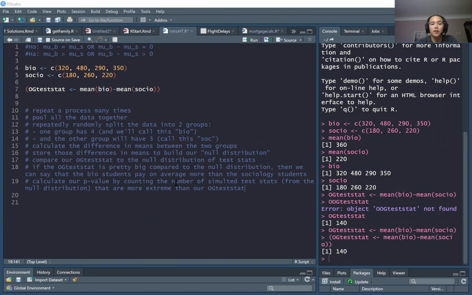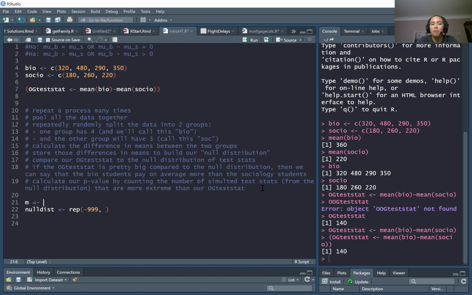Thus, this is the basic idea of what we're going to do next. So we are going to need somewhere to store all of these simulated differences in means. So let's create a vector here that will allow us to store those simulated differences in means. Okay, so maybe I'll just call it null dist since it's going to be our null distribution. And let's just fill that with some value that is very unlikely for us to see, so that we can know later if we see this value, maybe something weird is happening. So let's just fill it with -999, and